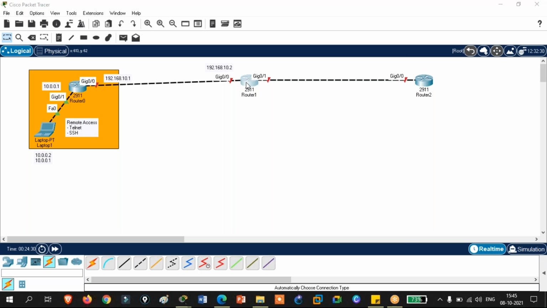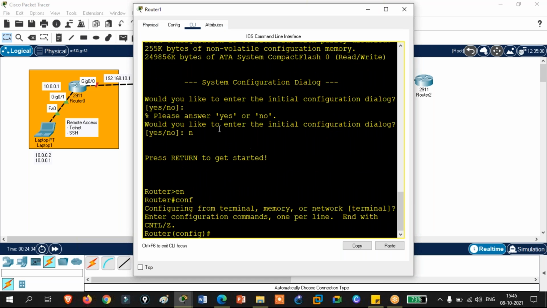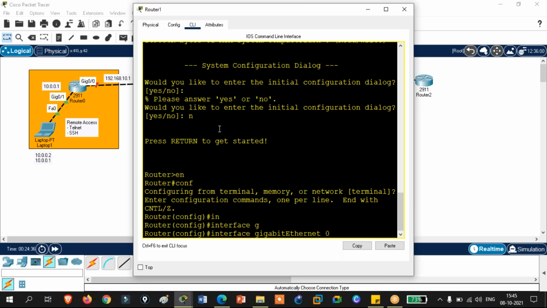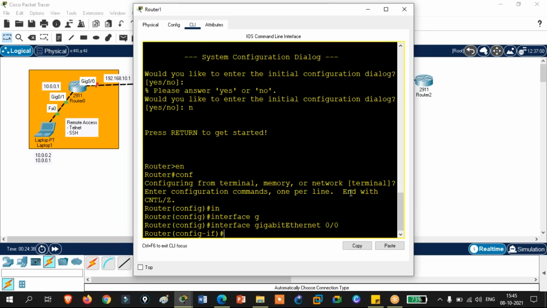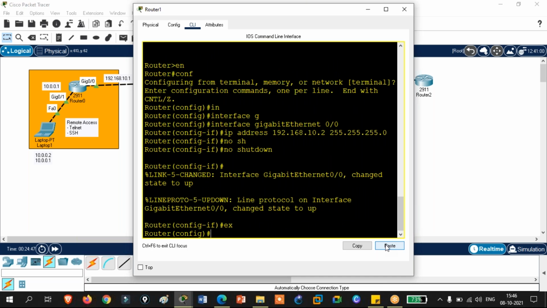Go to this router, interface gig 0/0, then paste and change it from .1 to .2 and no shutdown. That's it.